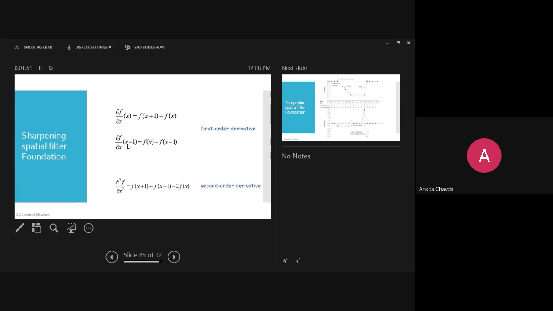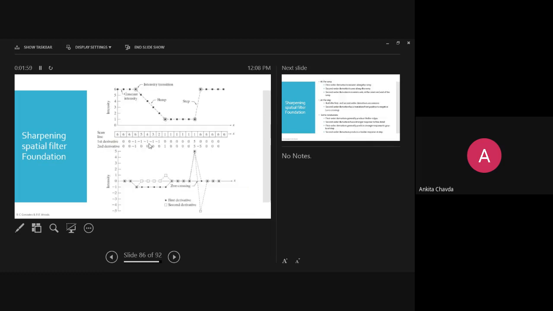And if you want to calculate f of x minus 1, then it is f of x minus f of x minus 1. That is but obvious. Then again here you can check 6 minus 6, 0. 6 minus 6, here this is 0. And then 5 minus 6 means minus 1. Then 4 minus 5 is minus 1. 3 minus 4 is minus 1. 2 minus 3 means minus 1. 1 minus 2 means again minus 1. And now 1 minus 1, 0, 0, 0, 0, 0 till this. Now 6 minus 1 means 5. Right? Then 6 minus 6, 0, 0, 0 and so on.